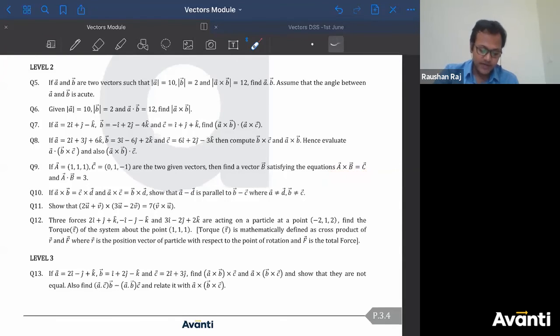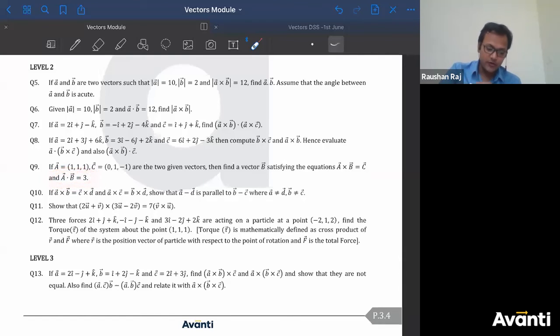What is the meaning of that? The meaning is very easy. That means C must be perpendicular to A and B, right? So C will be perpendicular to A and B. That we already know. C is already perpendicular to A, and C must be perpendicular to B as well. That means if C is perpendicular to B, then C dot B has to be 0. Now one more condition, that A dot B has to be 3.